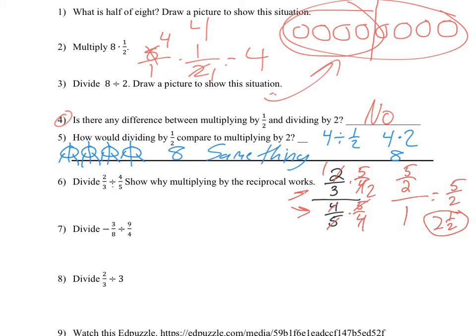learn a trick, which is whenever you're dividing, say 2/3 by 4/5, you're going to change division to multiplication and multiply by 5/4. Again, the reason you can change division into multiplication is because that's what we're doing. When we look back here, in order to get rid of that 4/5, you multiplied by the reciprocal, both the numerator and the denominator, and because it cancels out in the denominator,